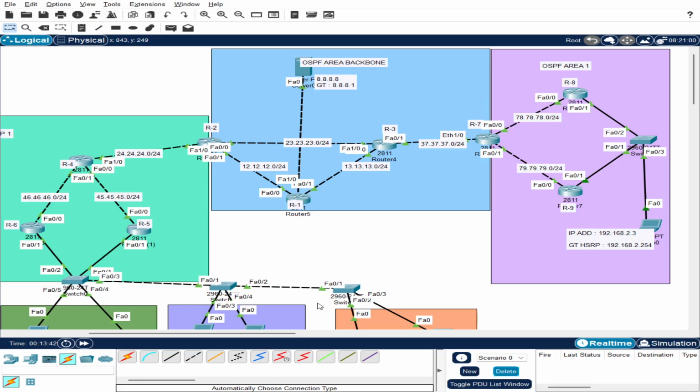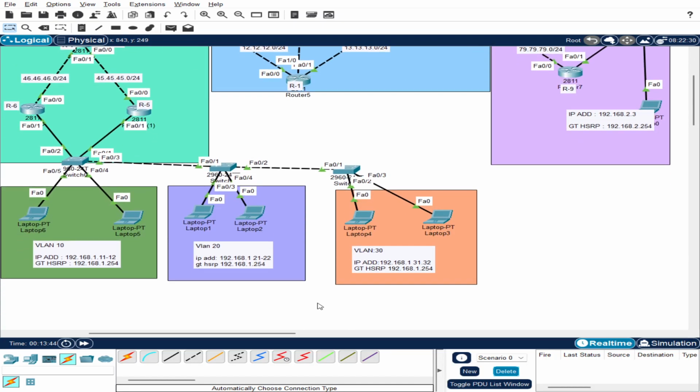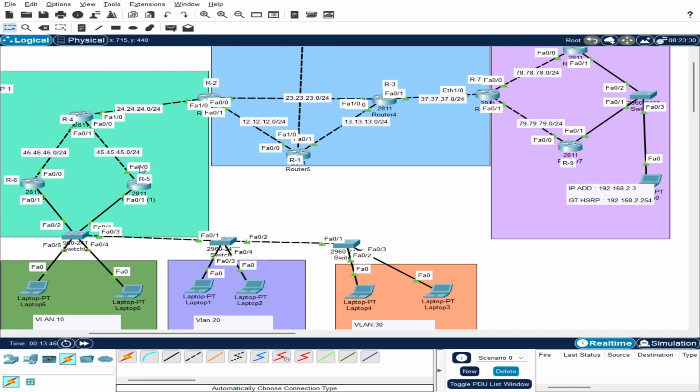What about another thing? As you can see here, the IP address in here is 45.45.45.0.